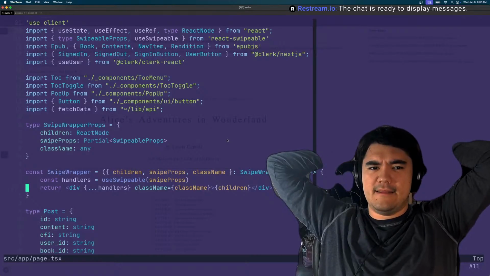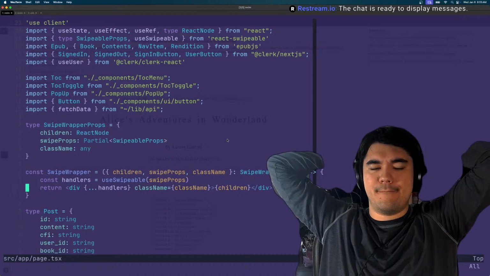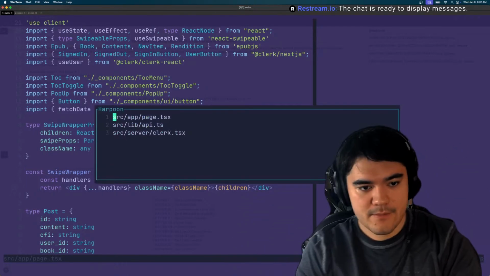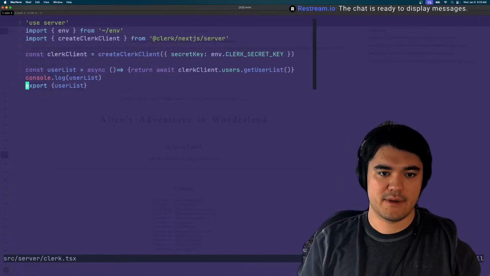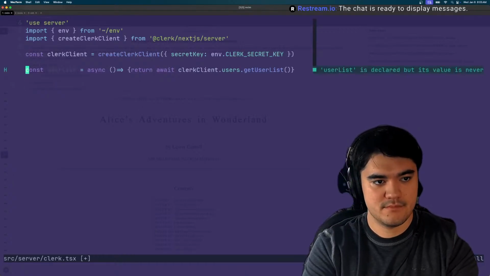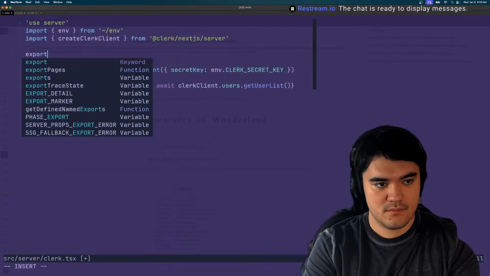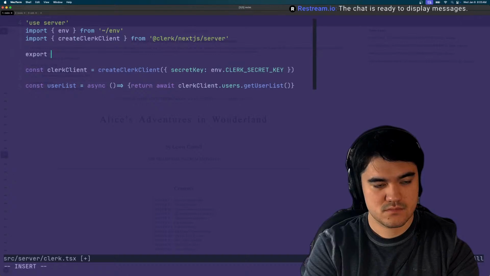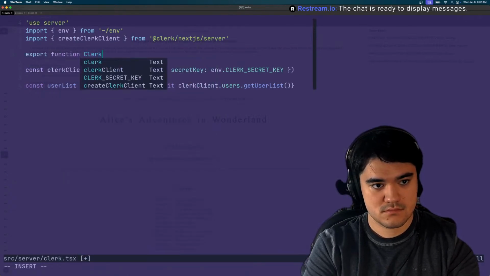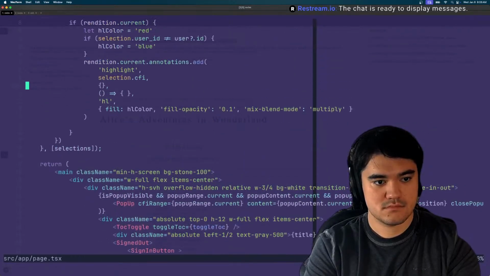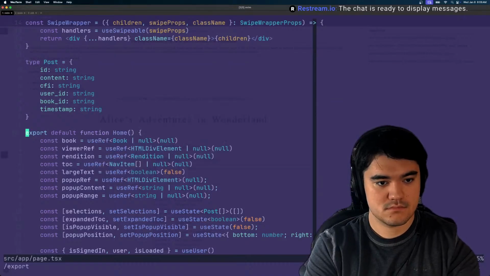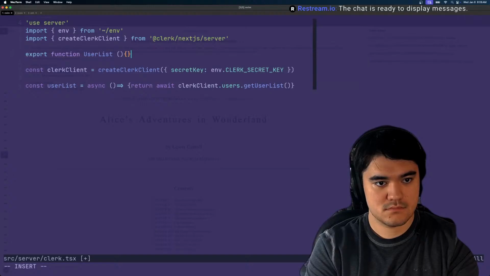So I think I need to turn this into a server component. Oops.